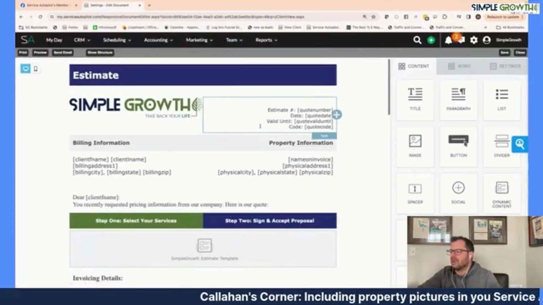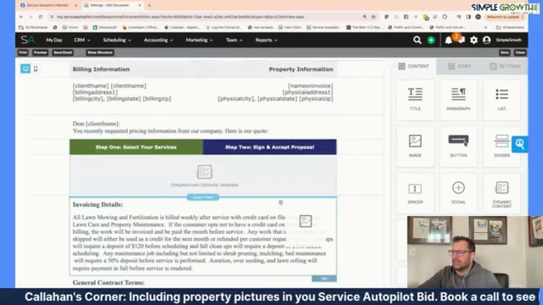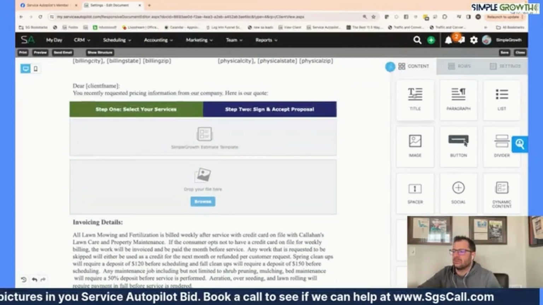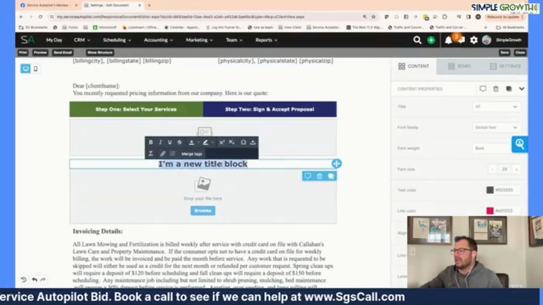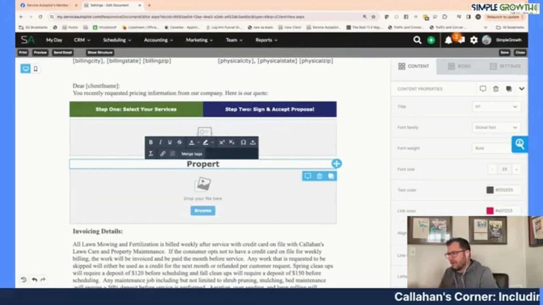But this is going to be going a little bit next level. We're going to go in with the drag and drop builder. We're going to grab an image and drop that in here. And in this example, I would probably go in and add a title and literally say service or property